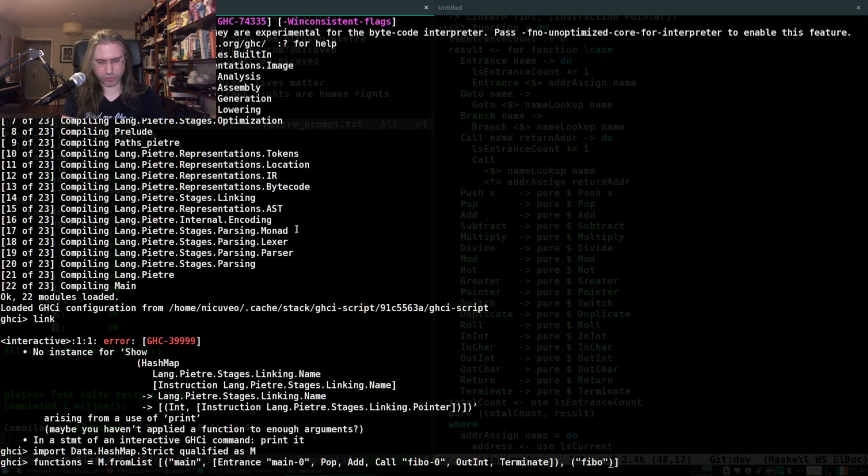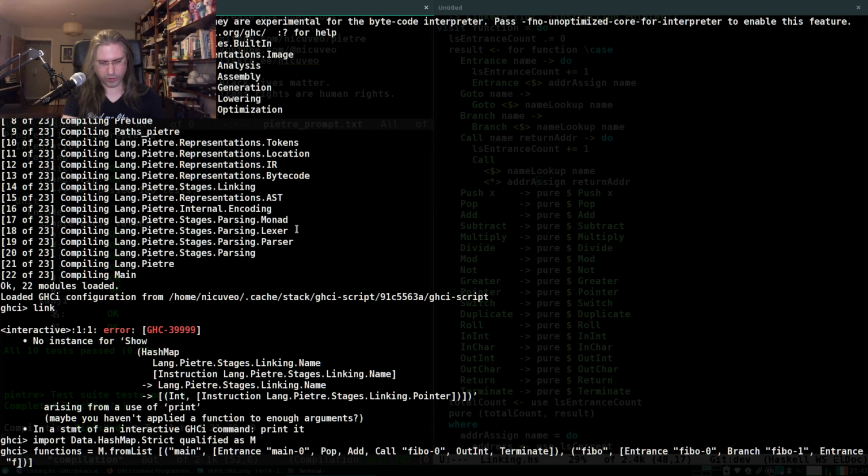This is the Fibonacci function, let's say, and its instructions are: there's an entrance called Fibo0, and there is a branch that goes to Fibo1, and there's an entrance Fibo1.